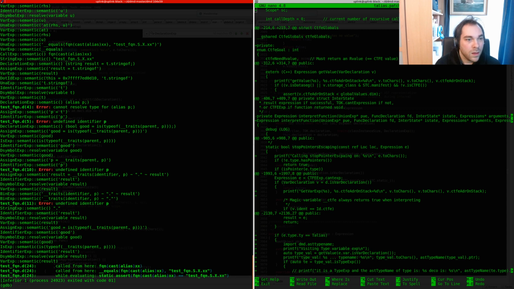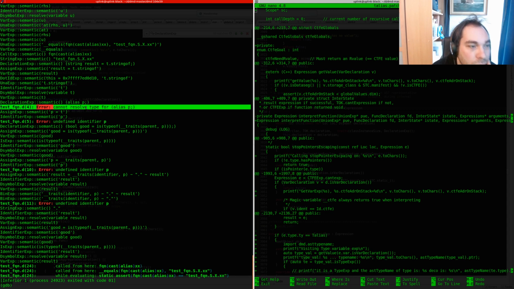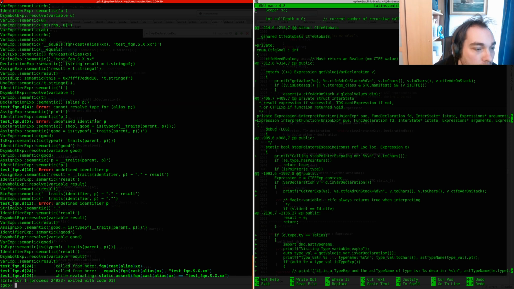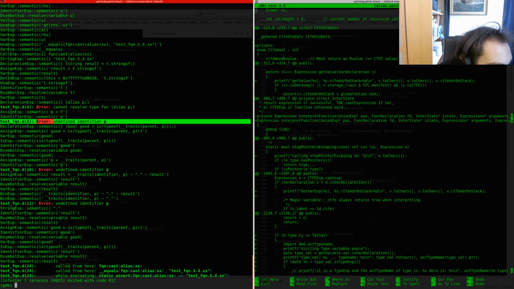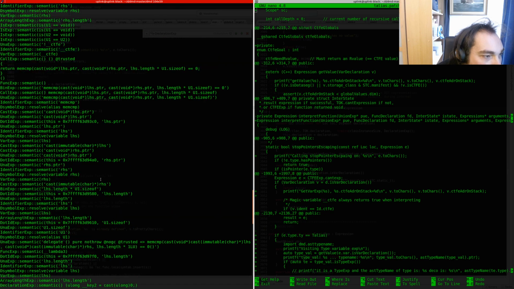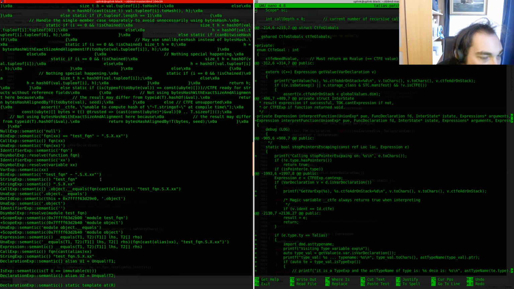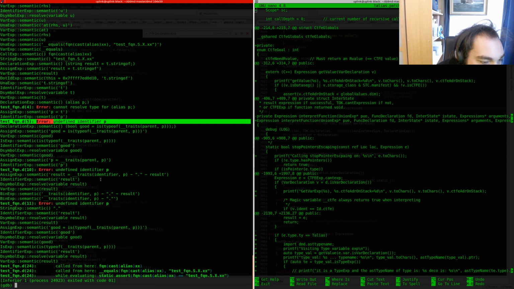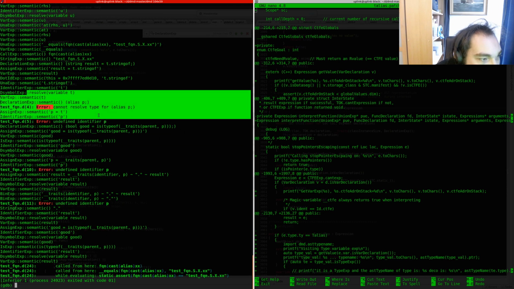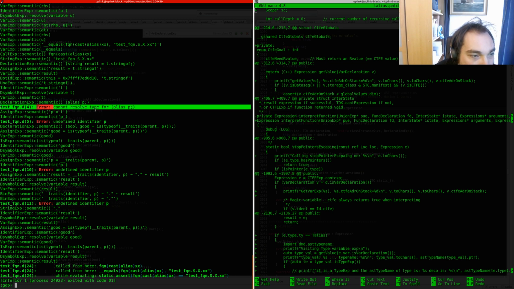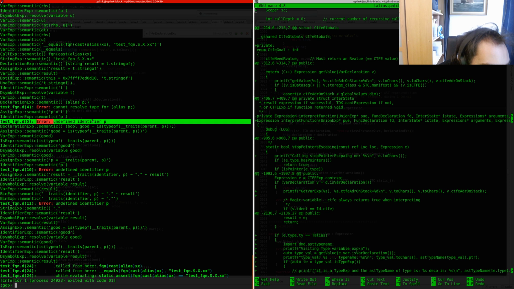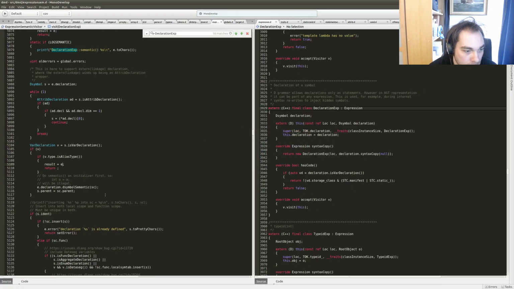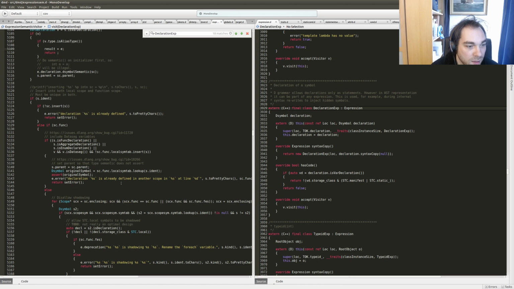And we can see that we cannot resolve type for alias p. It's an undefined identifier, and therefore it will not even actually try and interpret the function, since semantic already fails. Like that the type can't be resolved. It's an undefined identifier, and so on. So why can't it resolve the type for alias p? Why does it say that? It says that